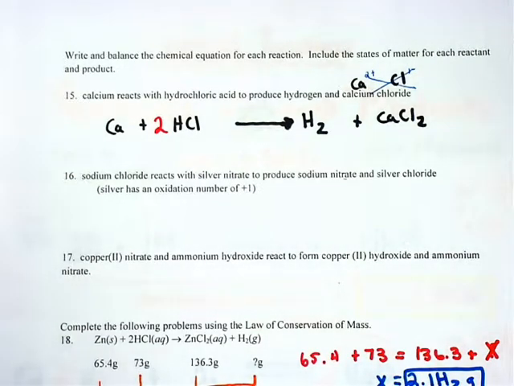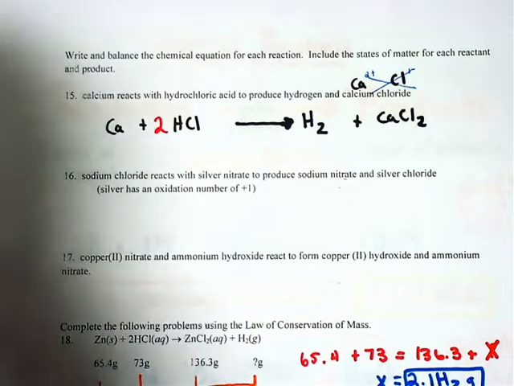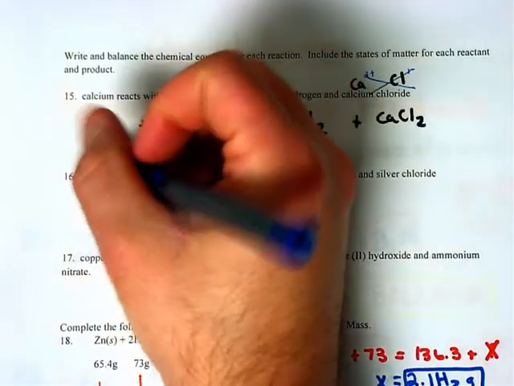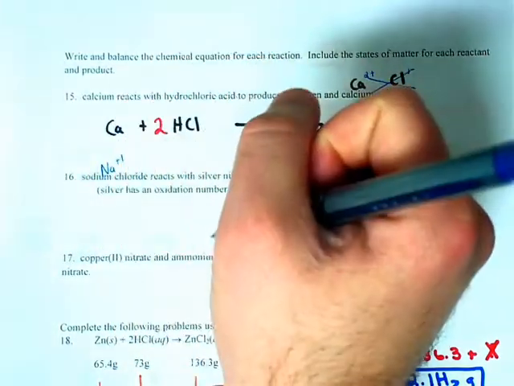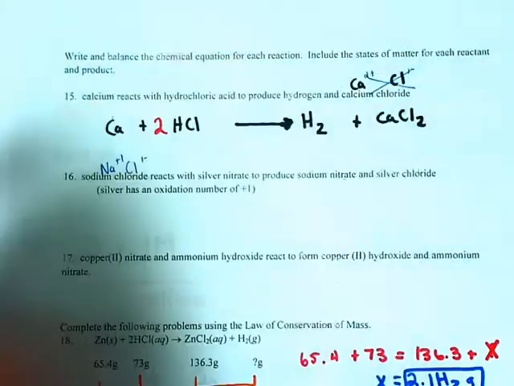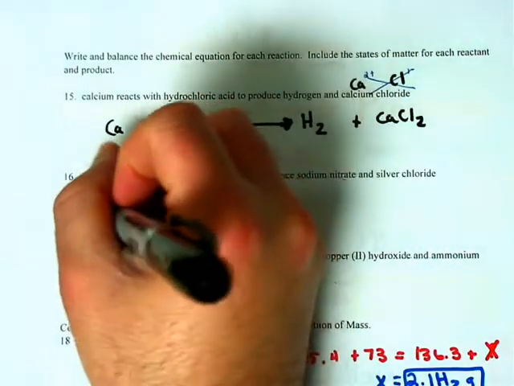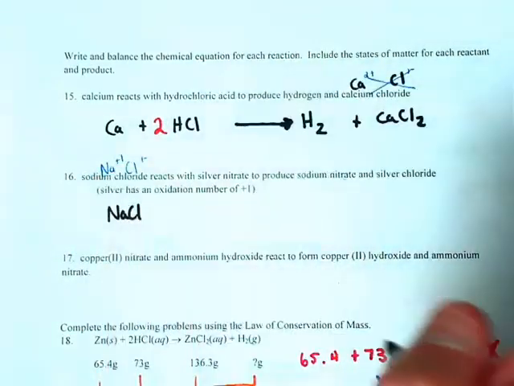That'll be fun. Sodium chloride. Sodium is what? Na. What's its charge? 1 plus. Chloride. Cl, and it's 1 minus, right? So that's going to be NaCl. Reacts with